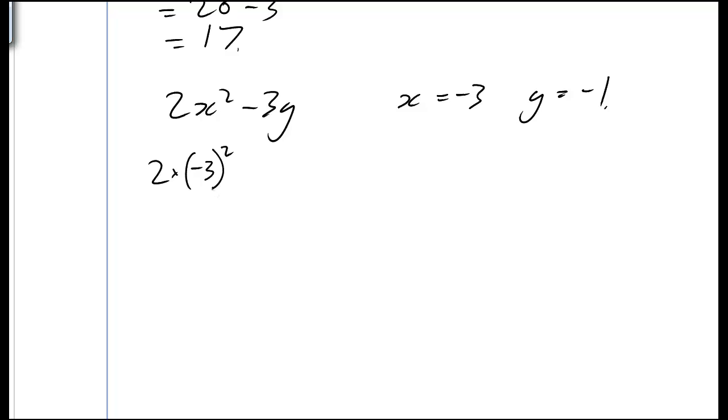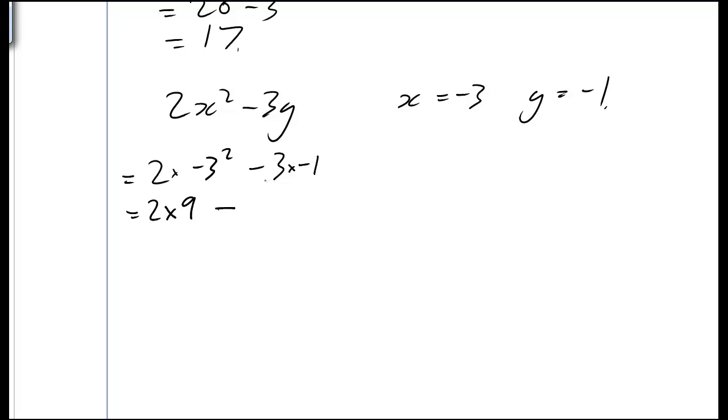Now I'll put it in brackets. You probably don't have to put it in brackets. Let's get rid of those brackets. Let's just put negative 3 squared, take 3 times, now y is negative 1. Now we've got to be really careful here because we've got to use BIMDAS. You've got to do the indices first, and then the multiplication, and finally the subtraction. So let's do this. We've got negative 3 squared is 9, so it's 2 times 9,